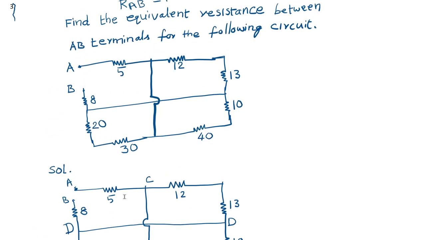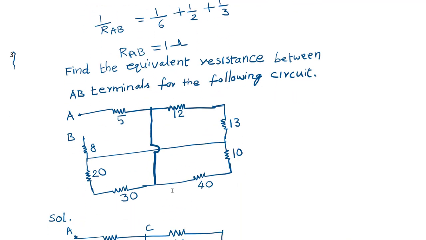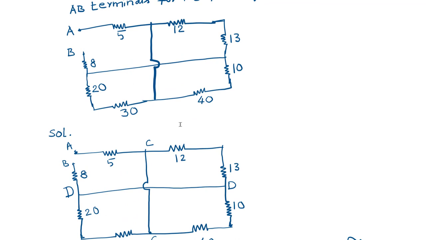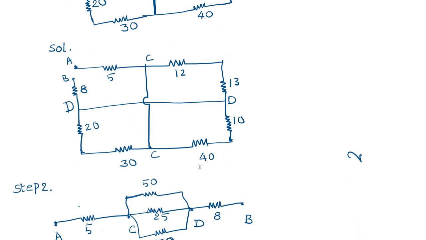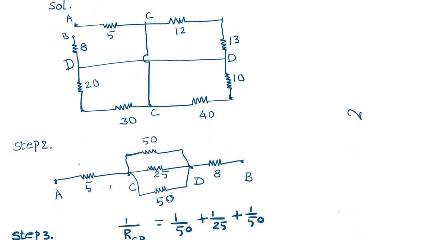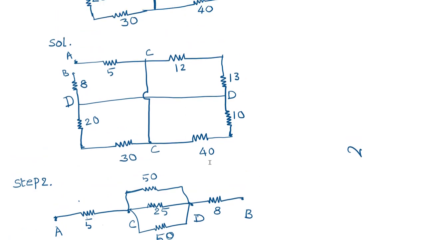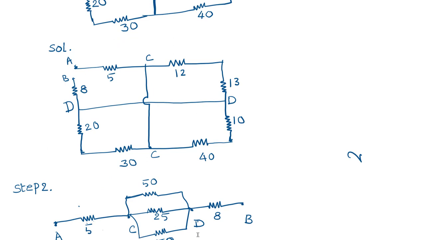So having known the labeling of the extra wires that are connected in the circuit, now you draw the circuit like this. Draw a straight line. In the straight line you put the points like this. This is A and this is C and this is D and this is B. A, C, D, B.